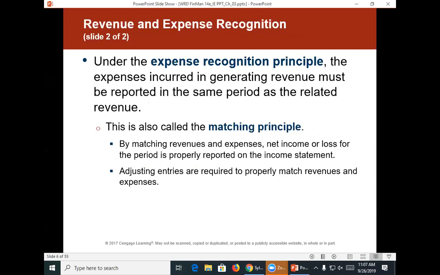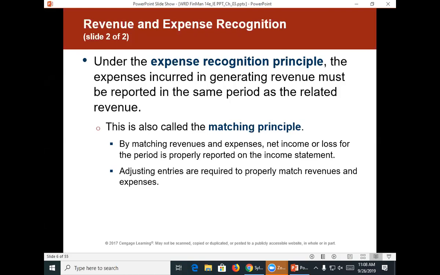And again, same with expenses. We have the expense recognition principle, which we usually call the matching principle. Any expenses incurred in the current period need to be reported in the current period. The whole purpose of this is that we have an accurate picture of our revenue and our profit, right? Because if we're recognizing revenue when it's earned and expenses when they're incurred, when we do our income statement, we take revenues minus expenses,